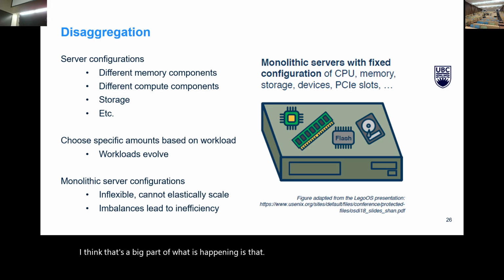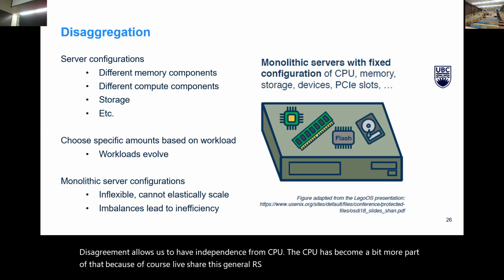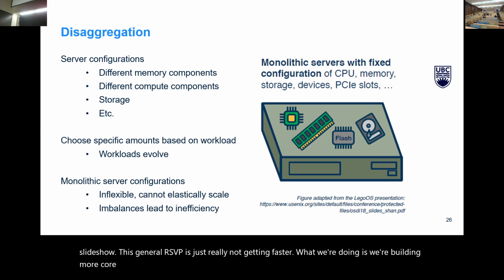So I think that's a big part of what ends up happening, is that disaggregation allows us to have independence from the CPU. The CPUs become a bit of a bottleneck. Part of that is because of the whole Moore's Law issue. General purpose CPUs just really aren't getting faster. What we're doing is building more cores on them, getting parallelism, but we're not making the actual cores themselves run faster. The people I know that make the fastest CPUs